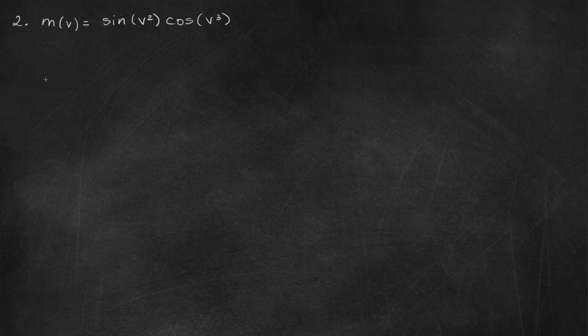But I'm going to go ahead and start taking the derivative of my outer function using the product rule. Okay, so I'm thinking of this sine of v squared as my first factor, and then cosine of v cubed as my second factor. So product rule, we want derivative of the first factor. The derivative of sine of stuff is cosine stuff times the derivative of the stuff. Okay, that's just the derivative of the first. So product rule says take derivative of the first times the second. So I'm multiplying that by the cosine of v cubed